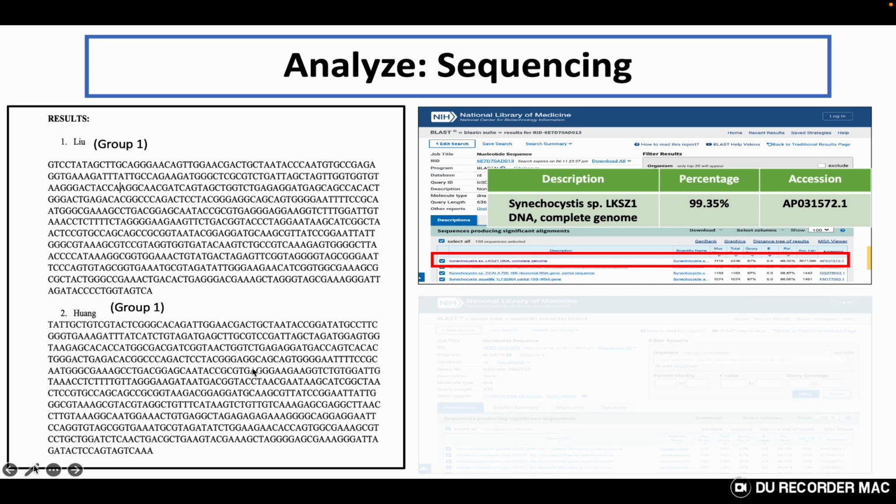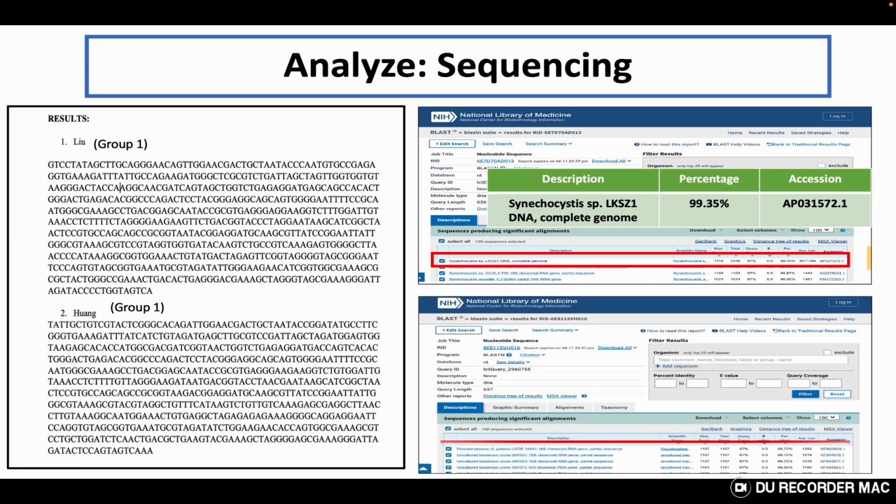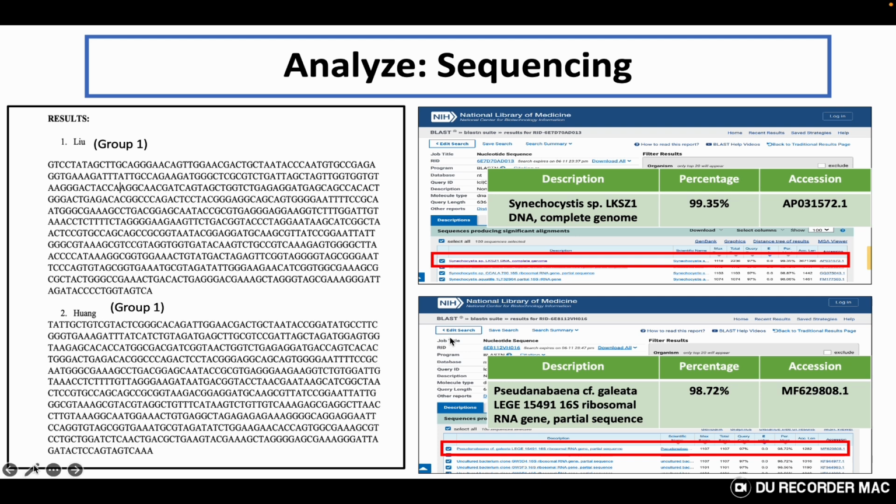And for the second sequence, we detected Pseudanabaena cf. galeata ribosomal RNA gene at 98.72%, with accession number MF629808.1. So when we run the sequence on this website,